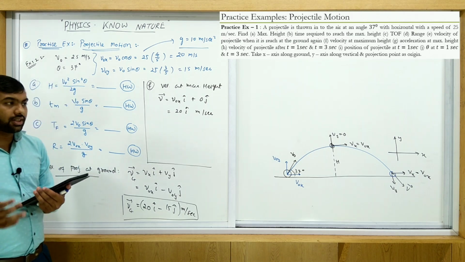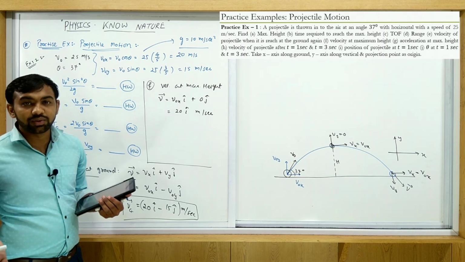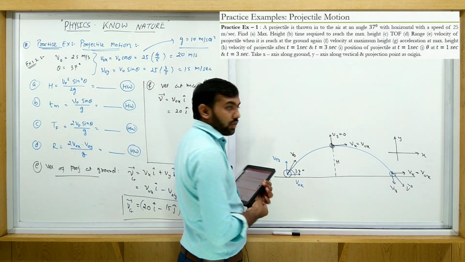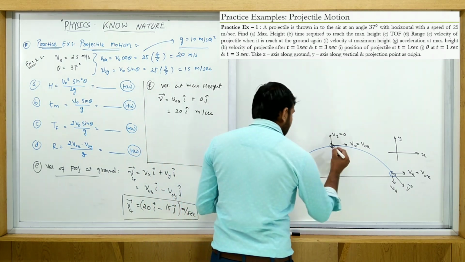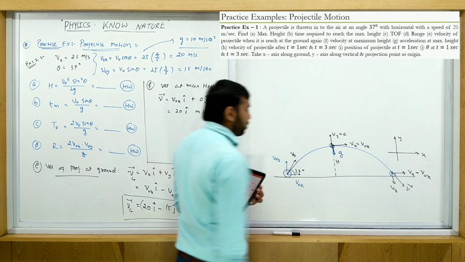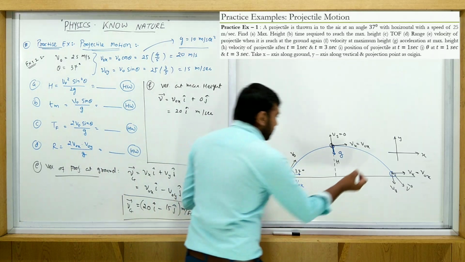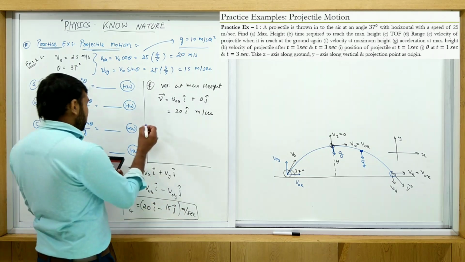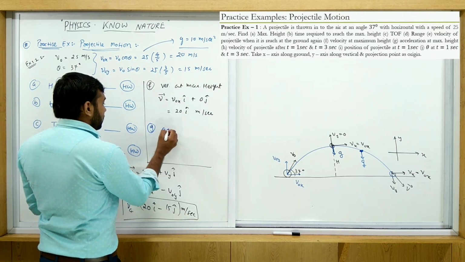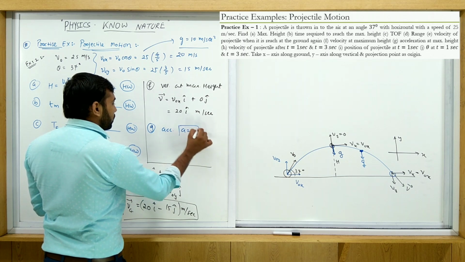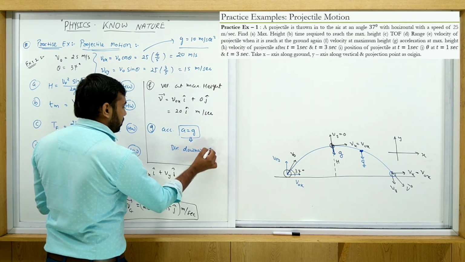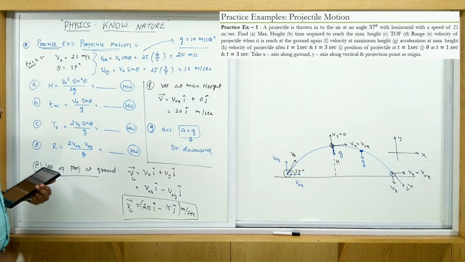Actually, if you want acceleration in case of projectile motion, acceleration is always equal to gravitational acceleration, and the direction is always towards the downward side. So what is the acceleration at this point? If you consider any point, suppose some point is here, the acceleration is along the same direction. So acceleration a is equal to g, direction downward. What is the direction? Down. Okay, all of you note this one, then after we solve the next problem, note it.